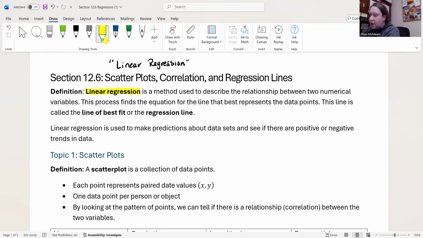So linear regression can be used to make predictions about the data set, and you can see with linear regression if there is a positive or negative trend to that data set. So just as a quick example,